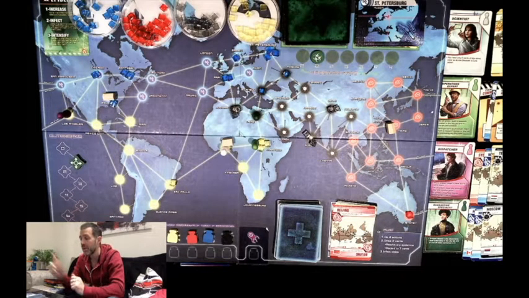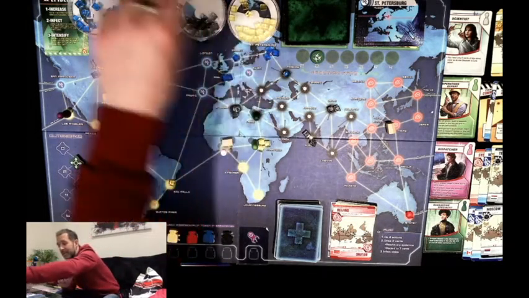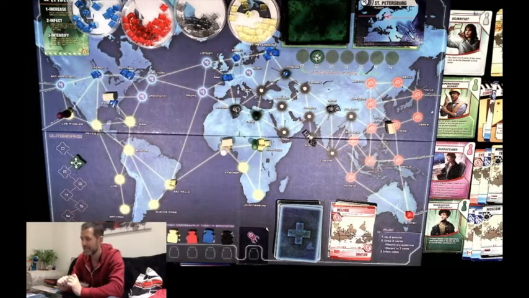Oh, one thing though, that can't outbreak to Istanbul because she's standing there. That's something at least. So that's 1 cube less. Okay, cool. The quarantine specialist, she's going to move now. She's got 2 blues. She needs to now start thinking about getting some... Wow. I do want to try and...